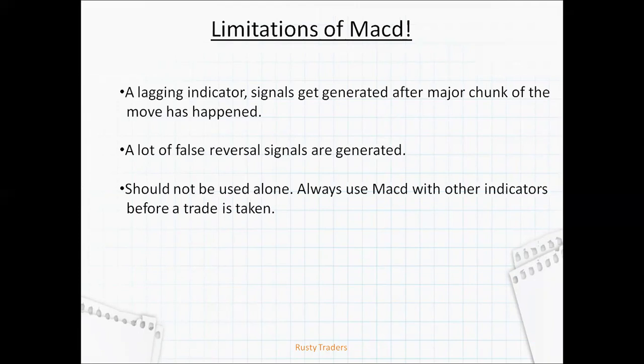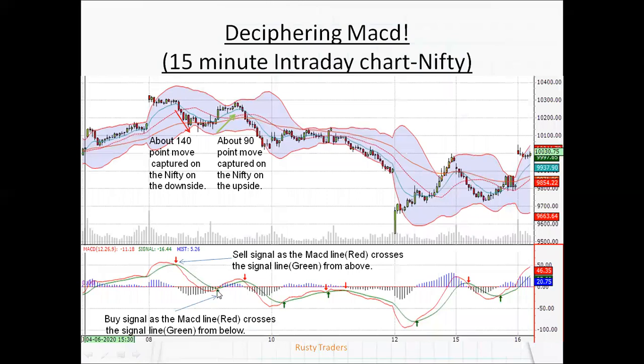So what do we mean by that? So let's go back. If you see, by the time this buy signal was generated at this level, this particular move was never captured by the market participants, because the MACD never gave you a buy here or here, or in fact here. So that is why they say MACD is a lagging indicator. You might miss a lot of moves in either direction before the MACD gives you a confirmation or any kind of buy or sell signals.